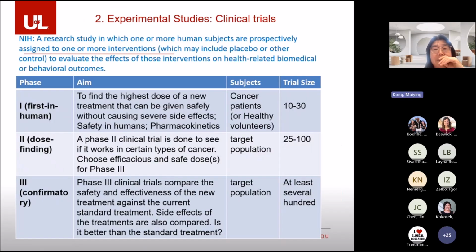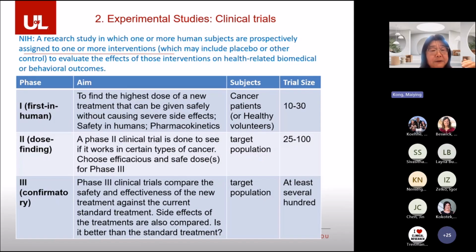RCT is a subset of clinical trial. Recall that the definition of a clinical trial is that one or more human subjects are prospectively assigned to one or more interventions. The purpose is to evaluate the effect of those interventions on health-related biomedical and behavioral outcomes. The clinical trial is usually